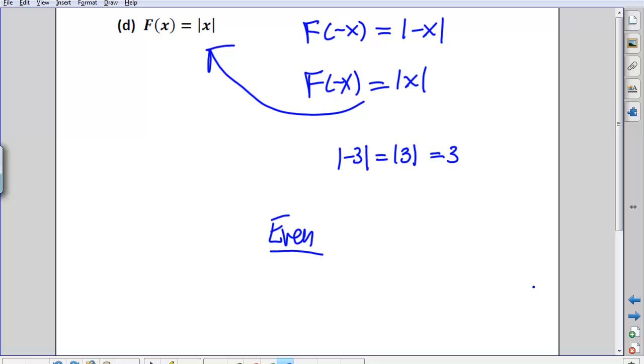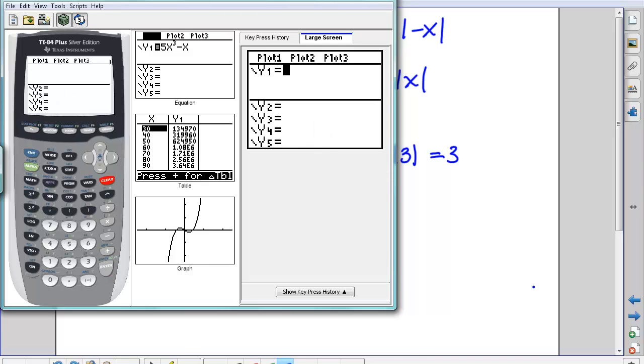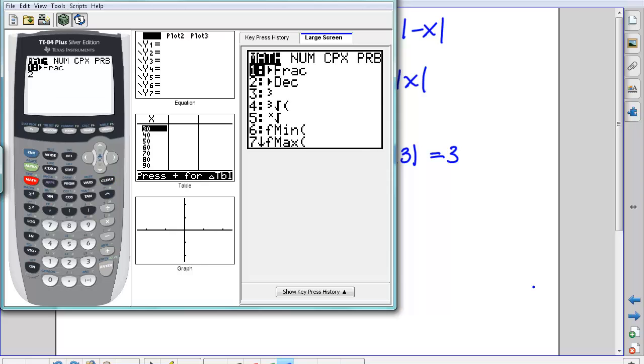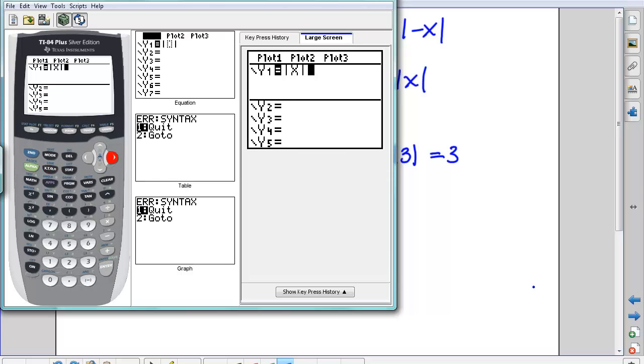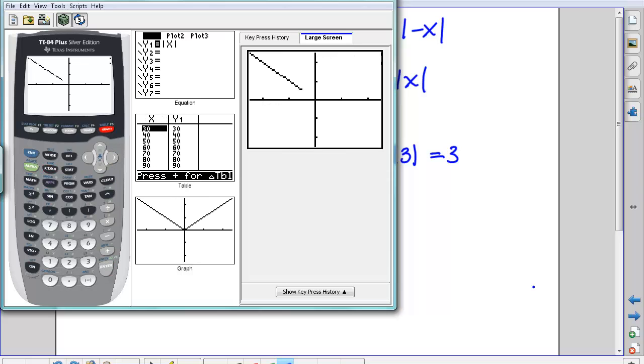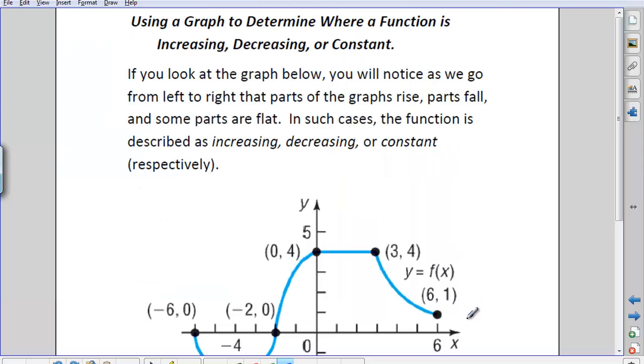And again, if you look at the graph here, the absolute value of x, don't you see the symmetry? Y-axis right there. So that means it's even. Okay,